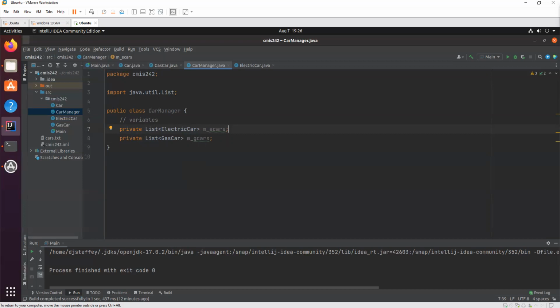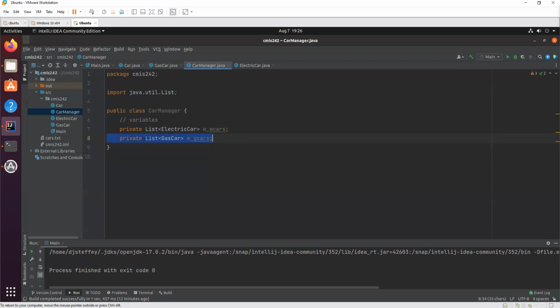And so, if you were adding an electric car, you would just put it in that list. If you were adding a gas car, you would just put it in that list. Technically, that would work, but that's very, very bad practice to do in Java. Well, really any programming language. It's bad practice to have two separate lists that really represent the same thing.